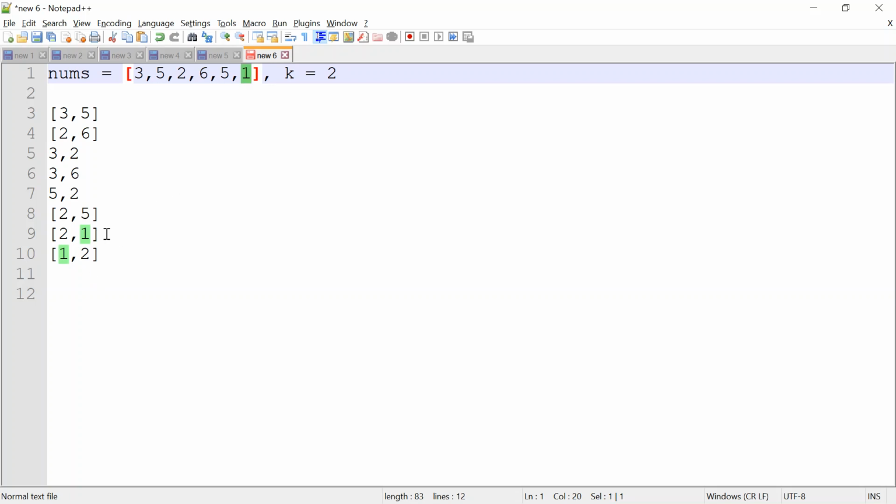If I take this one, it is of no use, because I cannot form a subarray which is coming after 1, because we need to ensure that this is lexicographically in increasing order. After 1 I need to pick a number after 1 only, and I don't have any, so I need to fall back to the next minimum number which is 2. Hence the answer to that will be 2 comma 1.